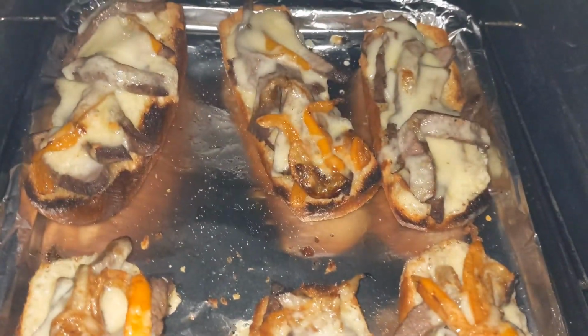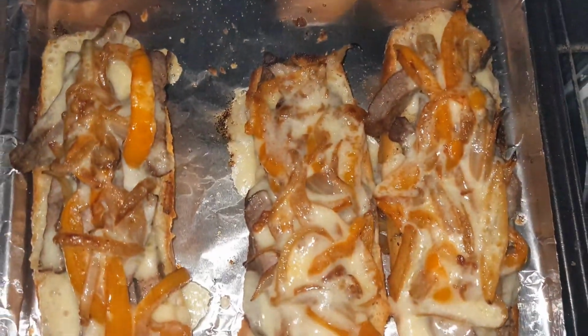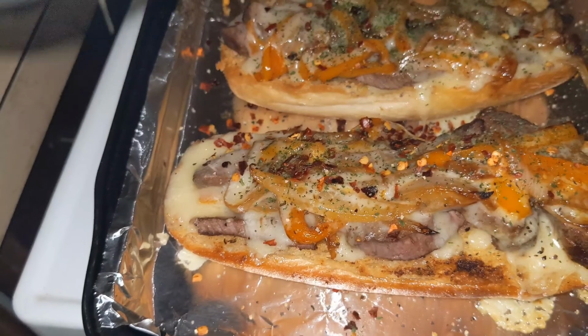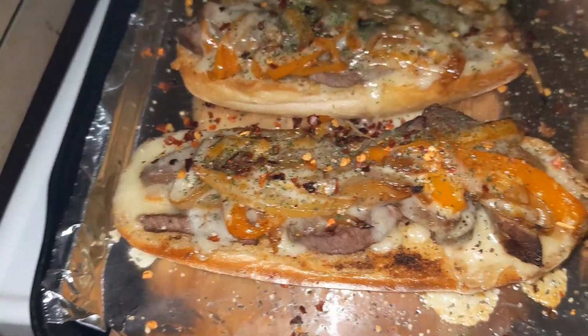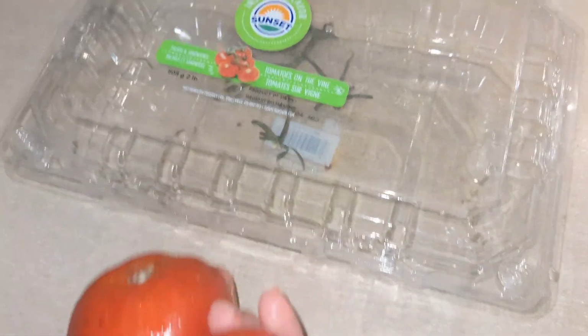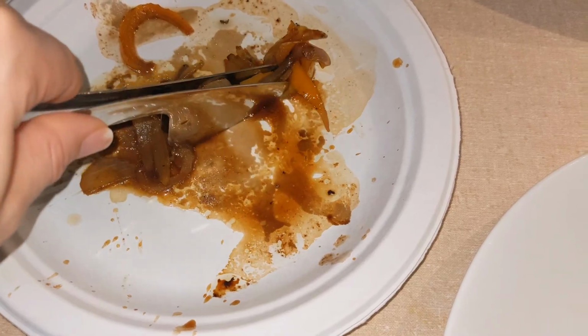So I just roasted it on top like that. Very simple. It was not a hard dish, but it was loaded with flavor. And of course I had to put some red pepper flakes, some parsley, some oregano, and some black pepper and sea salt on top. I also realized I was missing a veggie side,